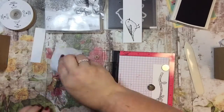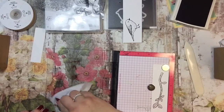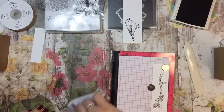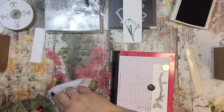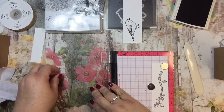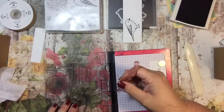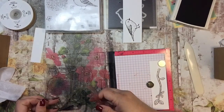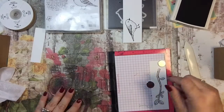There we go. And then there should be enough cleaner on this to clean the branch off. Sometimes it gets on the Misty itself, so I just like to clean that up. There is special cleaner that you can purchase to clean the Misty. It's all available on My Sweet Petunia, though. So we'll put that back, and then